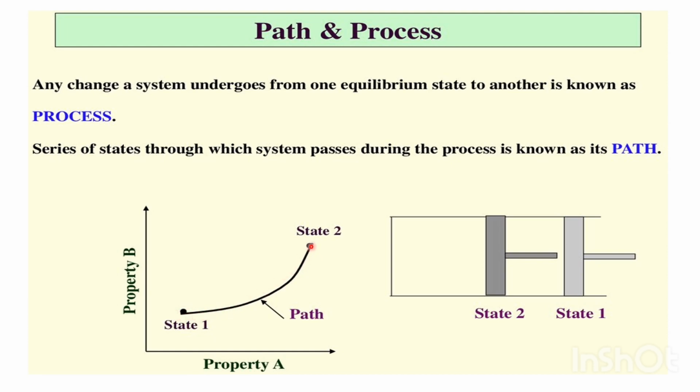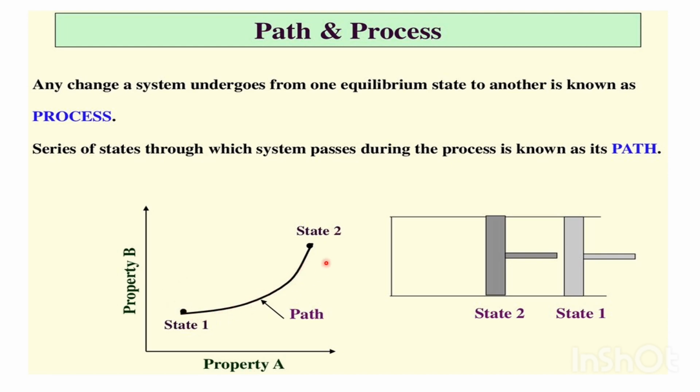It is one path. So process means any change that a system undergoes from one equilibrium state. Here the system is at one equilibrium state, and it is changing from one equilibrium state to another equilibrium state. Whatever changes from state 1 to state 2, we call it one process. And the series of states through which a system passes during this process is known as the